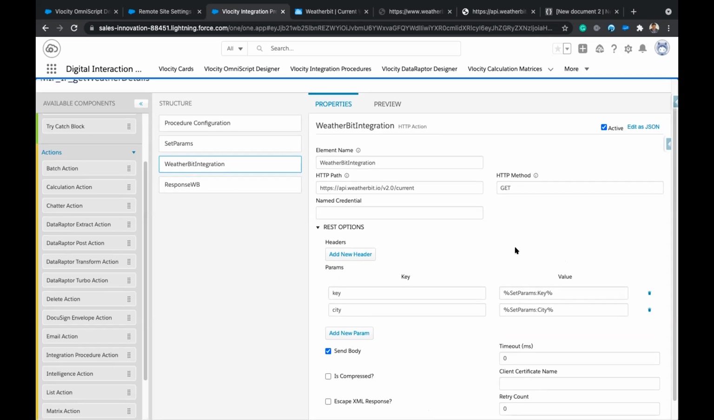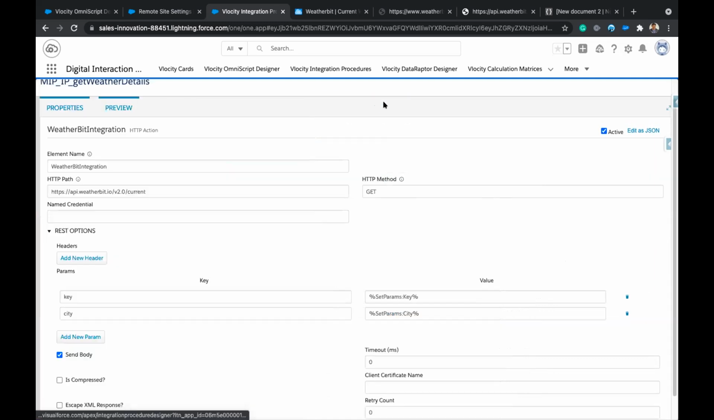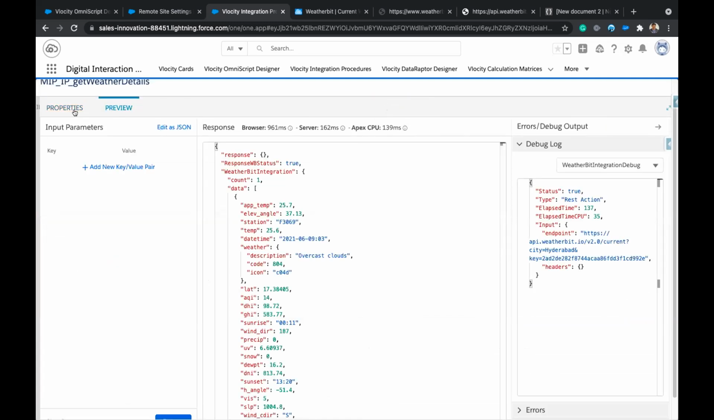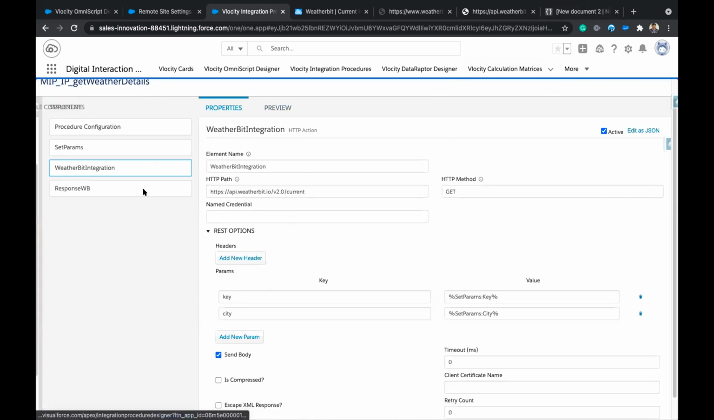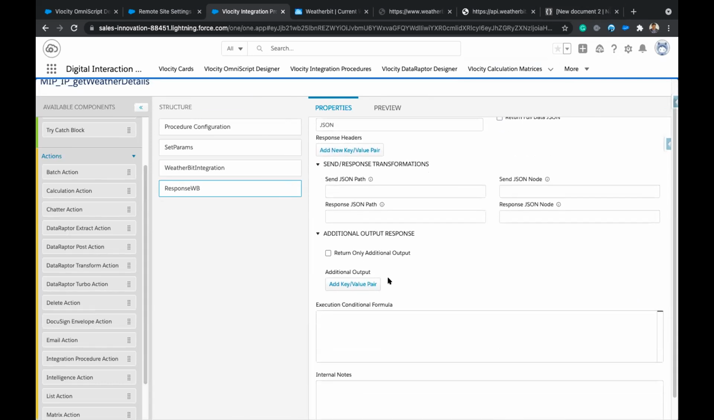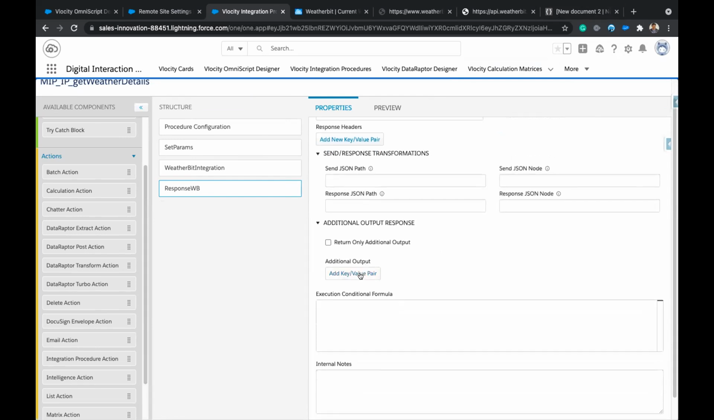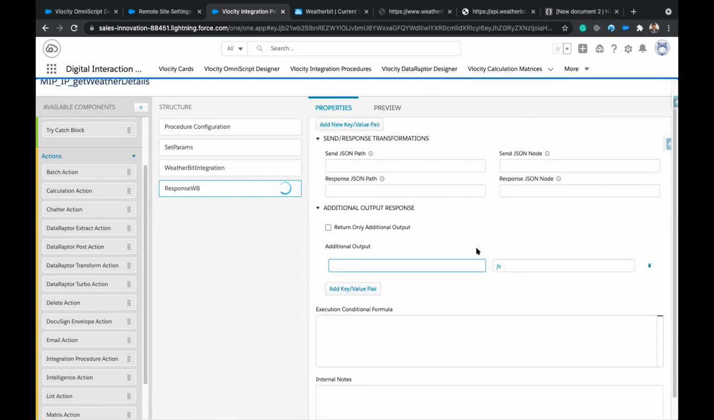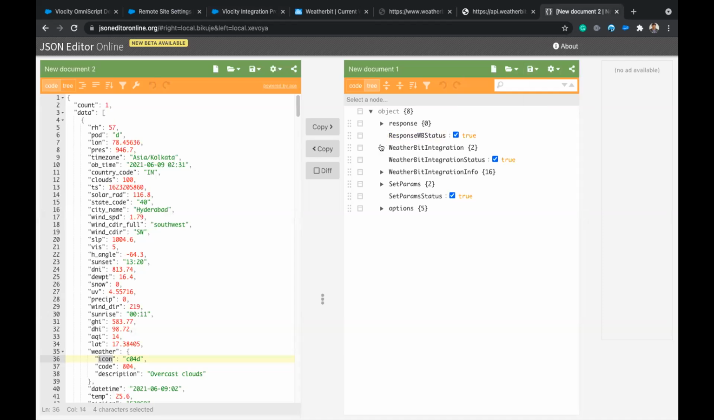It's pretty straightforward, right? So once we get this response, I don't want the whole thing. I want only specific data to return. So I'll go with output, additional output response. I'll add a key value pair, current temp. I want to return the current temperature. So the node of the current temperature is weather bit integration data,